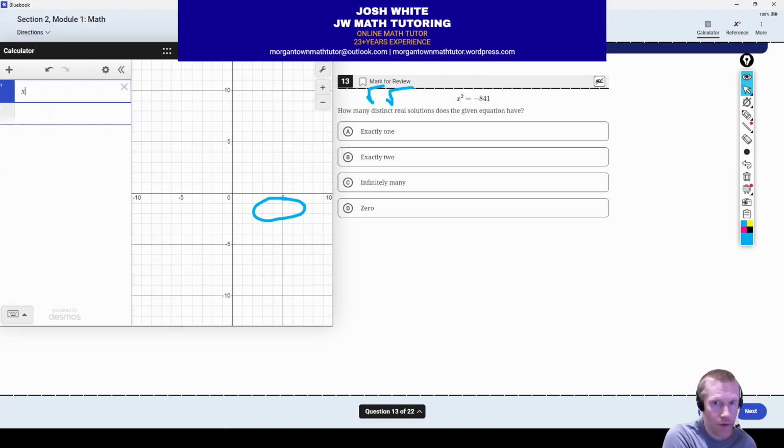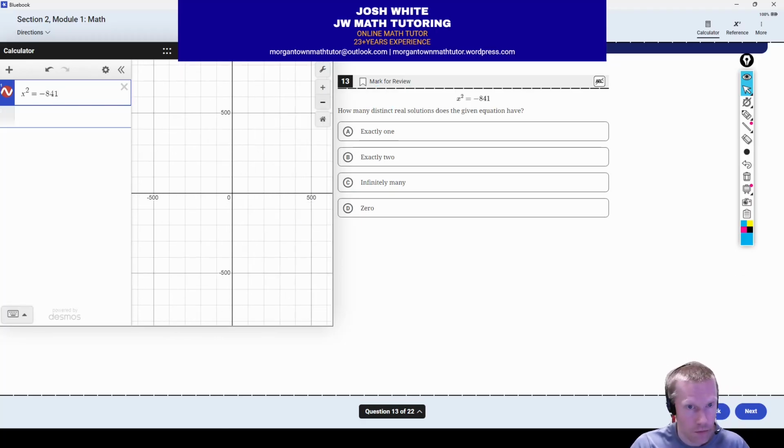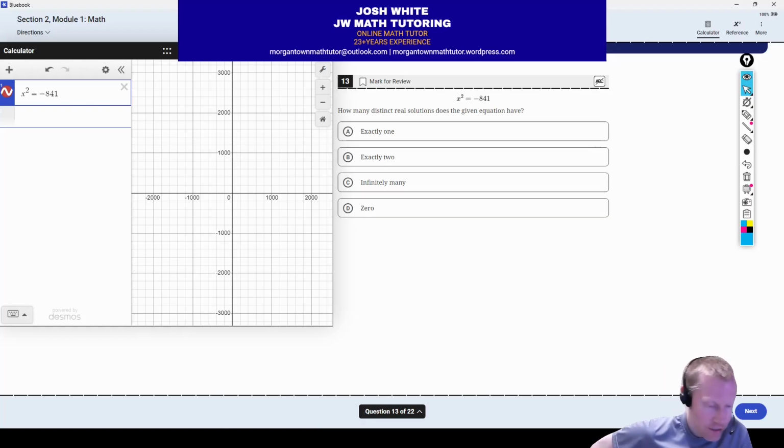So, first way would be, here's the thing. So you could graph this, and you would notice that even if we zoom way out here, there are no vertical lines. Now, technically, that also happens in the infinite solution case as well. I know this is not infinite solutions, but since it's an answer choice, let's not rely on